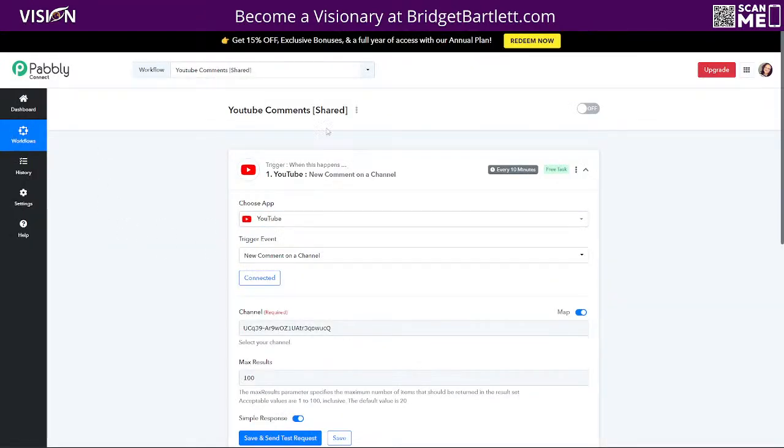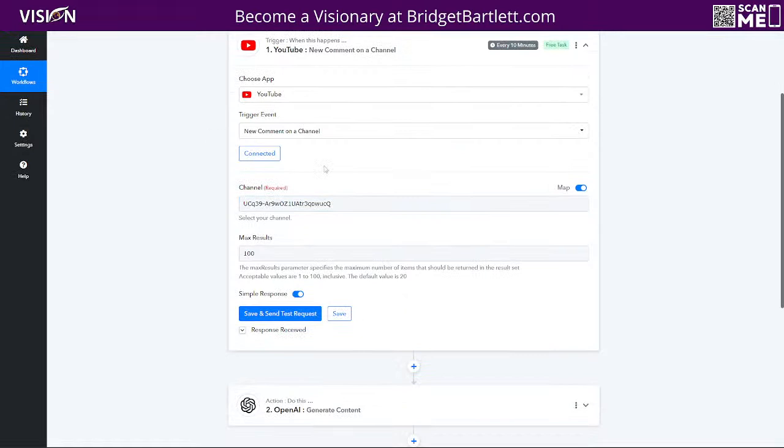So the very first step that we want to choose for this workflow is going to be the new comment on a YouTube channel. From the choices, you're going to choose YouTube, and then you're going to choose the new comment on a new channel. When you do that, it's going to pre-fill in the channel ID